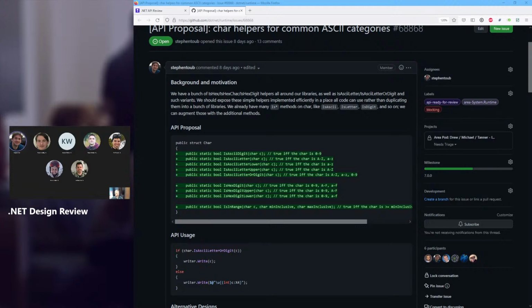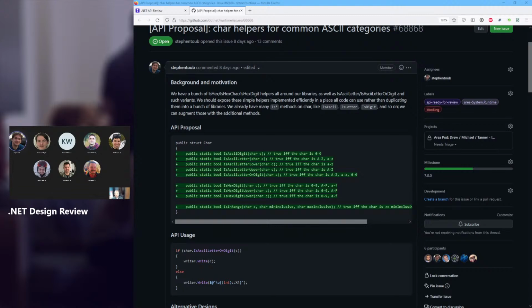But there's a set of categories that we frequently find ourselves manually coding a check for that we don't have is methods for. And in some cases, we have many different implementations floating around of varying levels of efficiency. And we can do the one true implementation in one place rather than having this in a bunch of places. And so this is my proposal for an initial additional set to add, basically focusing on these ASCII categories